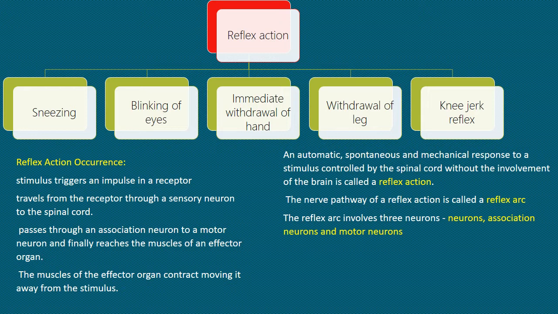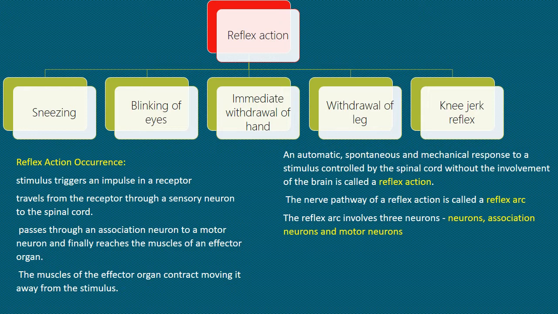For example, if you step on a sharp object, you instantly withdraw your foot. This reaction is automatic and does not involve your thinking about it. It is called a reflex action. Thus, an automatic, spontaneous and mechanical response to the stimulus controlled by the spinal cord without the involvement of the brain is called